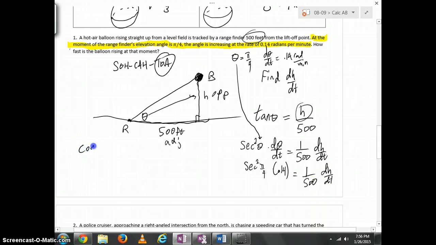Now, I hope you know that the cosine of pi over 4 is radical 2 over 2. And another way to write radical 2 over 2 is 1 over rad 2. So the secant of pi over 4, the reciprocal, is simply rad 2. So if I'm squaring the secant of pi over 4, I'll have a 2 itself. So this just becomes a 2 times 0.4. Then over here we